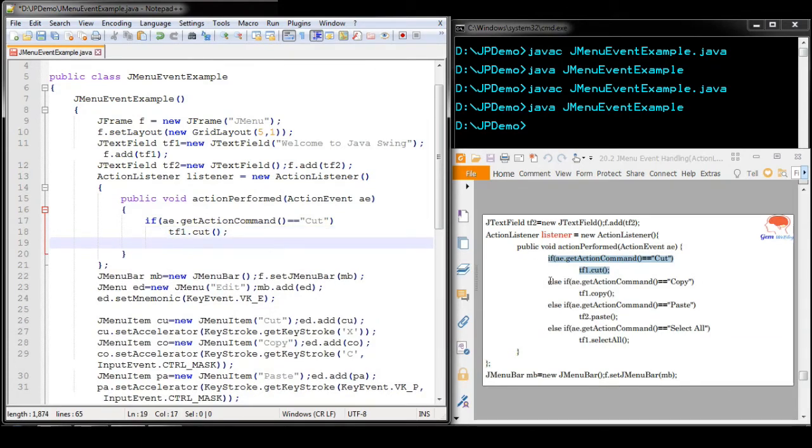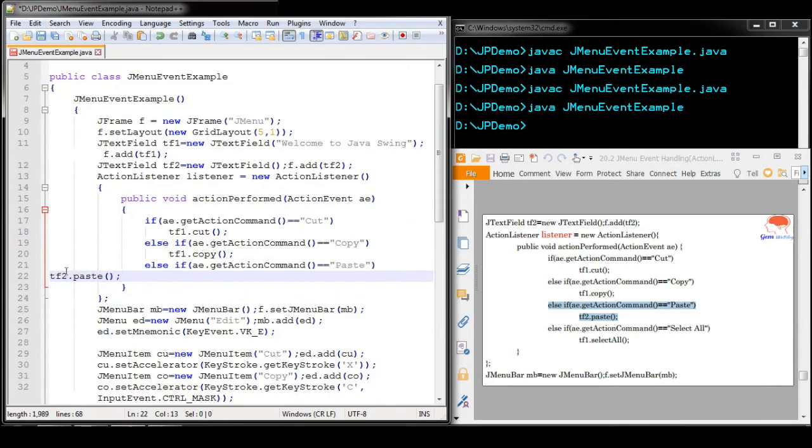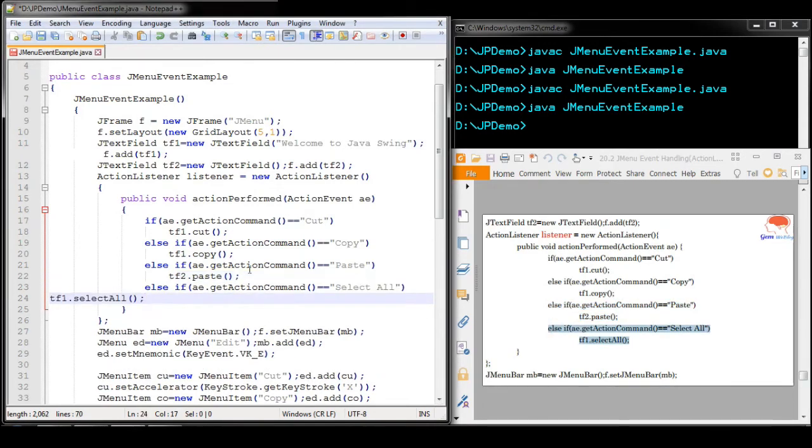Otherwise, if my action command is copy, the text field 1 content that has been selected will be copied. If my action command is paste, whatever content has been copied or cut will be pasted into the text field 2. Otherwise, if my action command is select all, whatever content is available in the text field 1 will be selected. So here we are writing a common method for all the menu items.